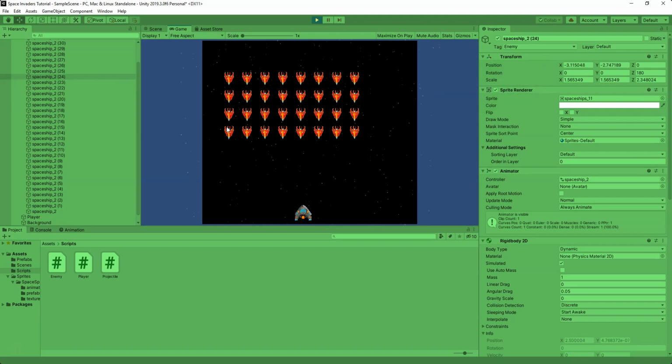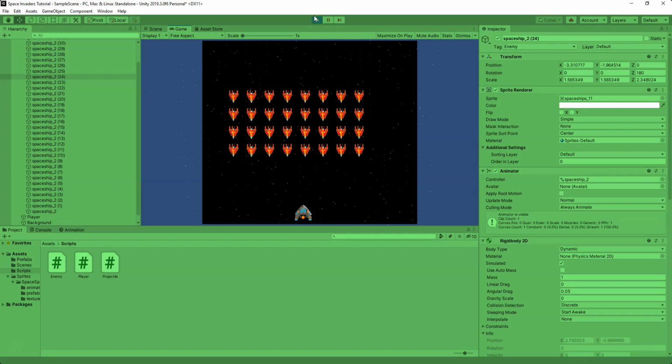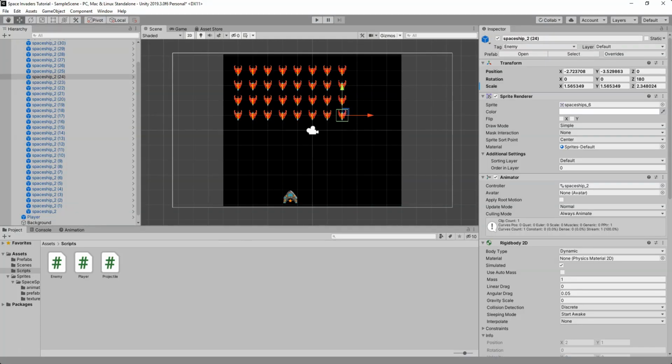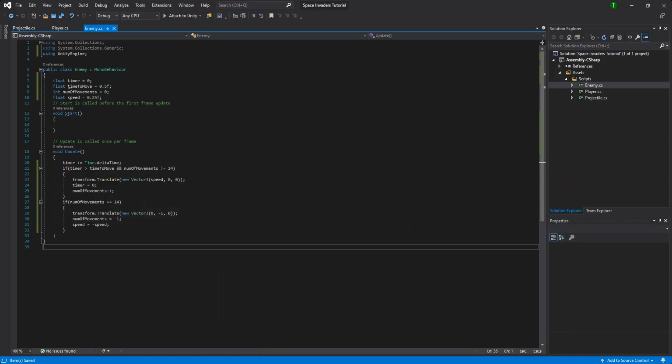See if it bounces back the other way. And it does. So what we can do here is say and our number of movements does not equal 14, so that when it does equal 14 and it does move down, it will not keep moving sideways as it has with that last diagonal. And I'm actually going to set this so when we reset, we go back to -1. This will make it so that on this last control space,